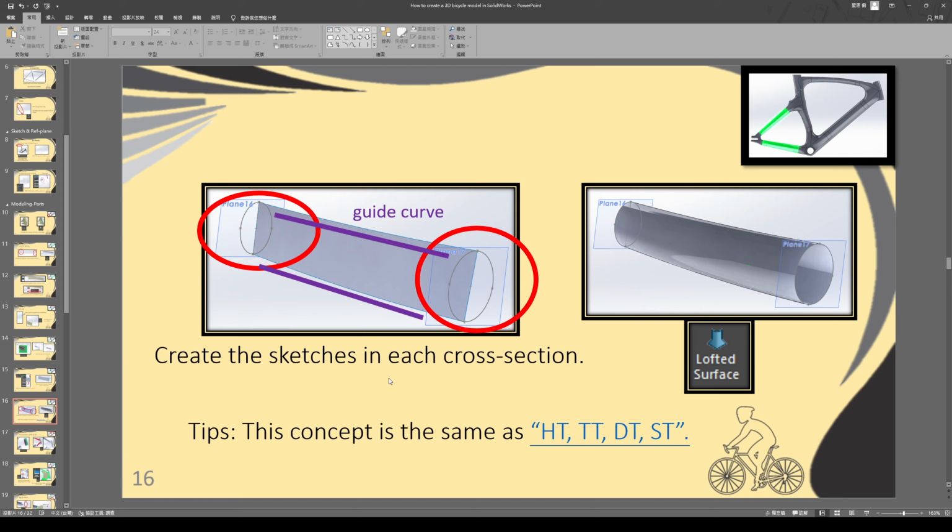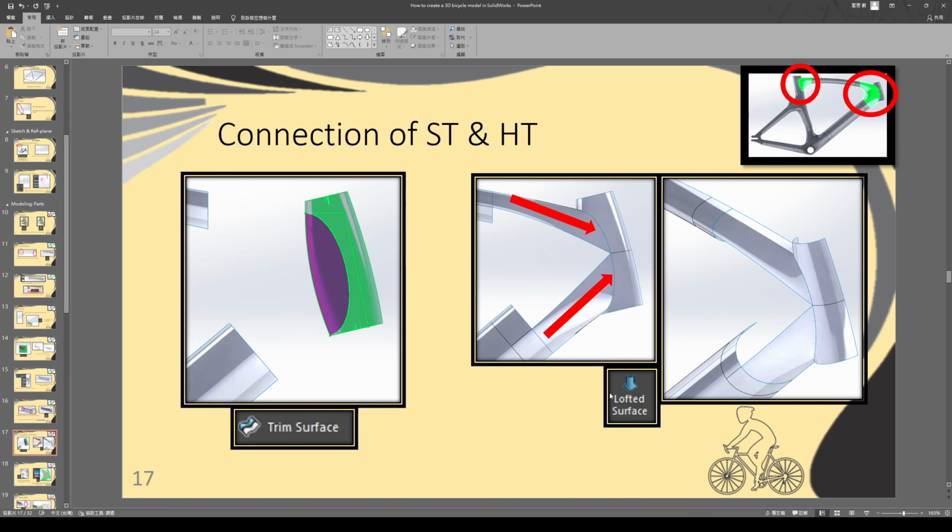Use the same tool we used before, and then we can get a surface from one side to the other side, along with the guide curve. And there are some connection tools. You can use the trim surface to cut off the surface you don't want, and use the lofted surface to connect each part.